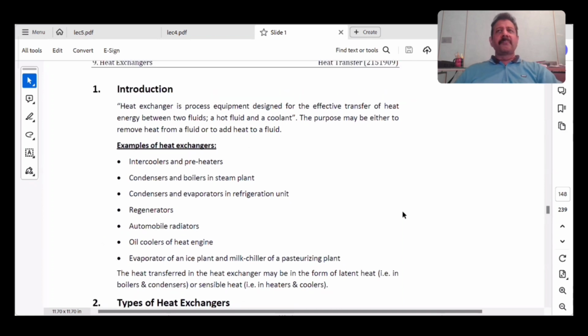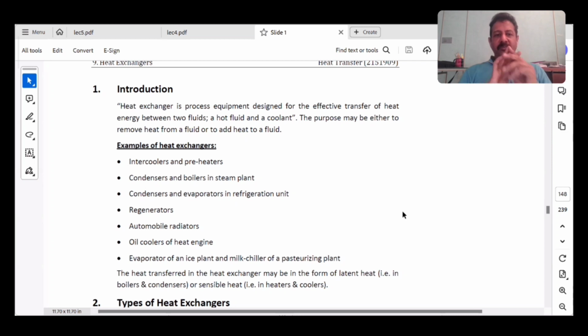What are heat exchangers? It's an equipment that is used to transfer heat from one fluid to another fluid. ஒரு ரூம்ல நிறைய molecules இருக்கு, they are all hot molecules. இன்னொரு ரூம்ல நிறைய cold molecules இருக்கு, they are all cold molecules, right? Now I want to transfer heat from the hot molecules to the cold molecules. So I have to facilitate the transfer of heat energy from the hot molecules to the cold molecules. So for which I will be designing a particular equipment, and the equipment பேர் தான் heat exchanger.